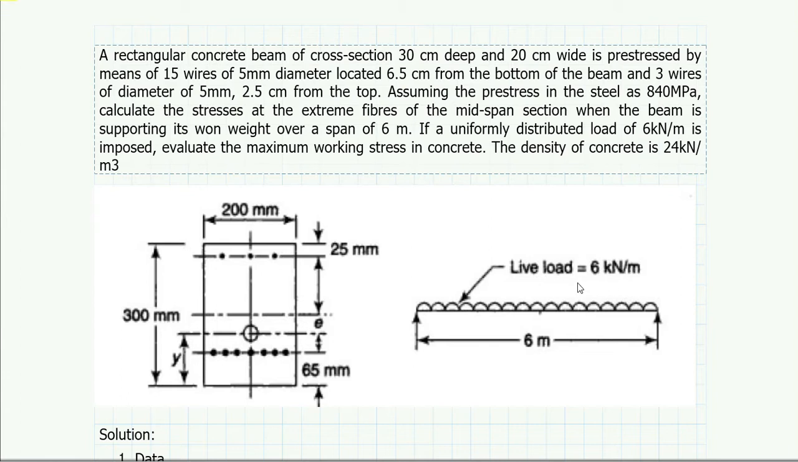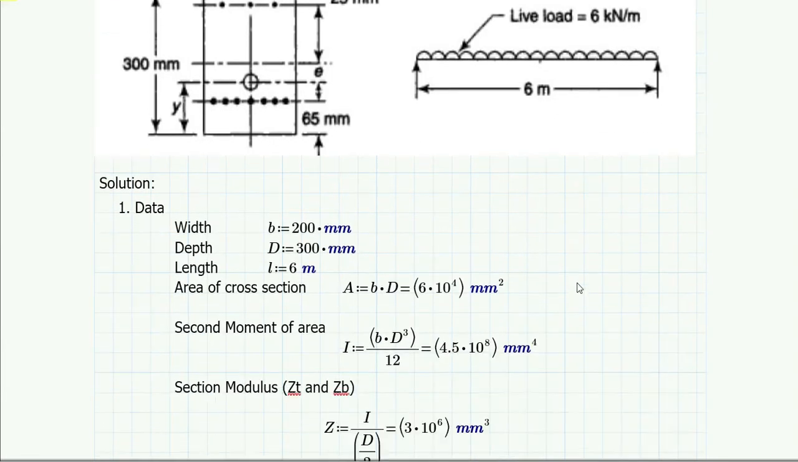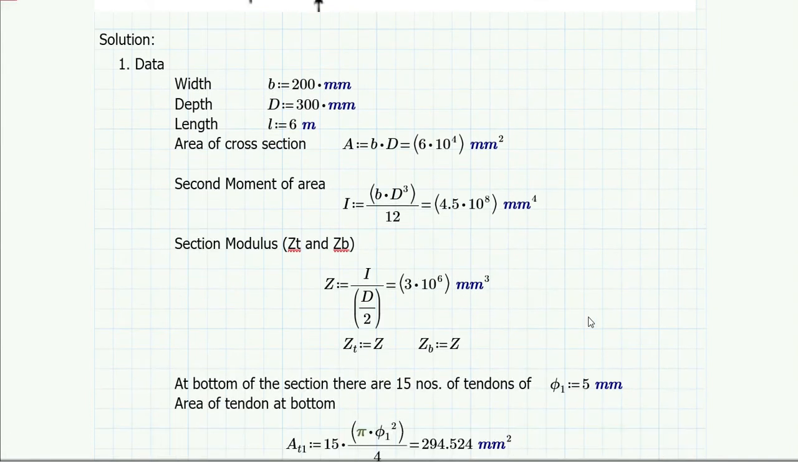Okay, and we also have to consider the dead load or the self weight of this beam. So let's go to the solution. First of all, let's look at the data that are available. The width is 200 mm, this is represented by B. The depth is 300 mm. Length is 6 meters. Area of cross section, this is the gross area of cross section, is B into D,